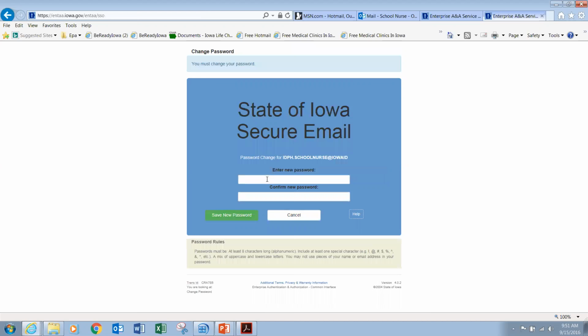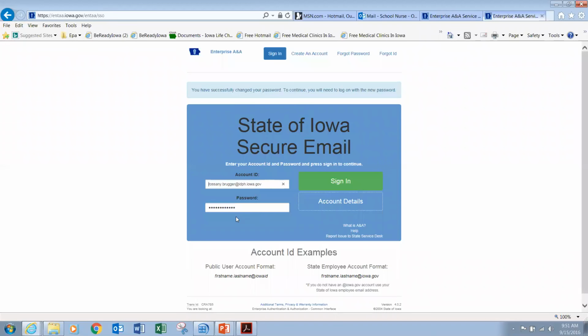Okay, now I'm asked to create a password, and it has to follow those rules that we talked about before. It actually does provide the rules right here. So I'm going to create that. It's a mix of upper and lowercase letters, special characters, and numbers. Okay.